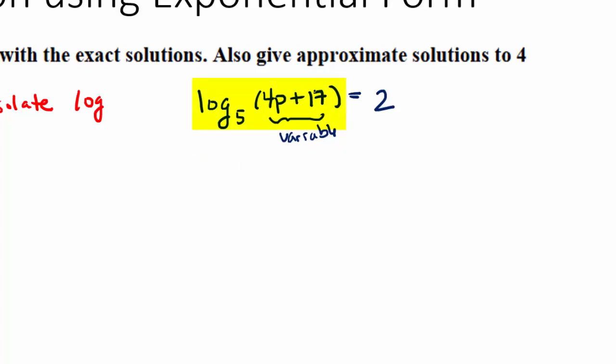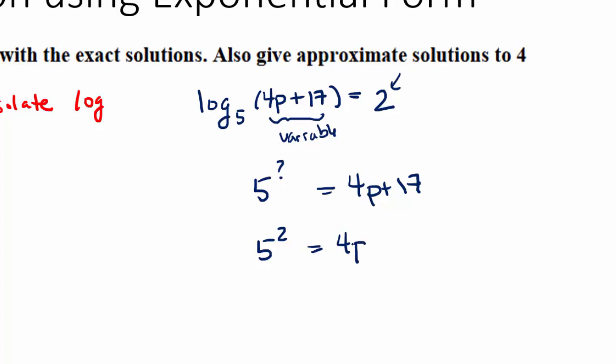So the way that I do this is I think, okay, this left side means 5 to what power gives me 4p plus 17. 5 to what power gives me 4p plus 17, but it's giving me the answer. The answer is 2, right? So it's 5 to the second power gives me 4p plus 17. This is the exponential form